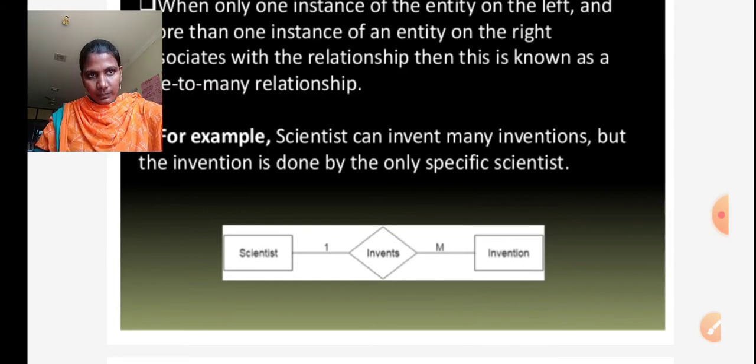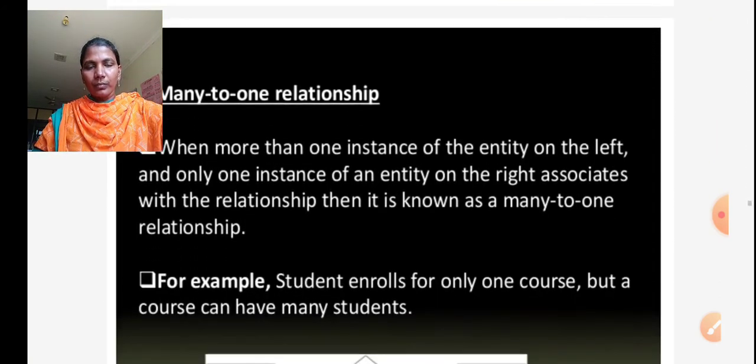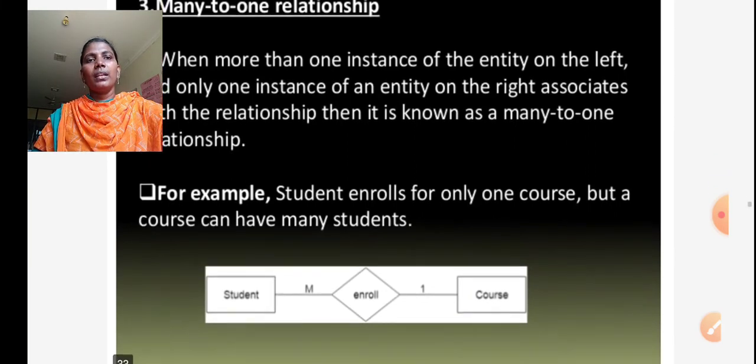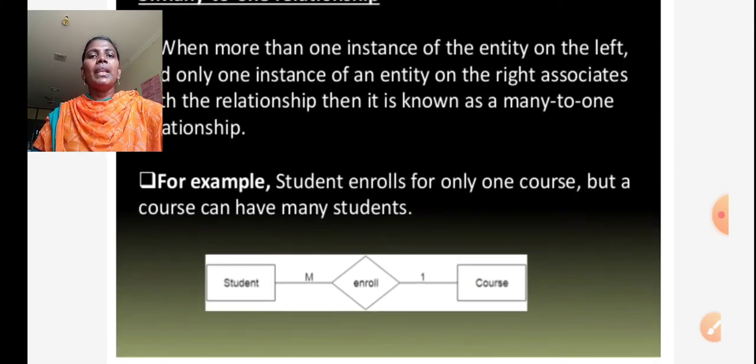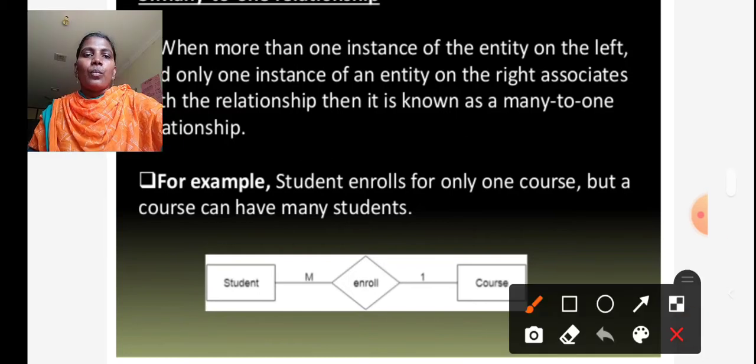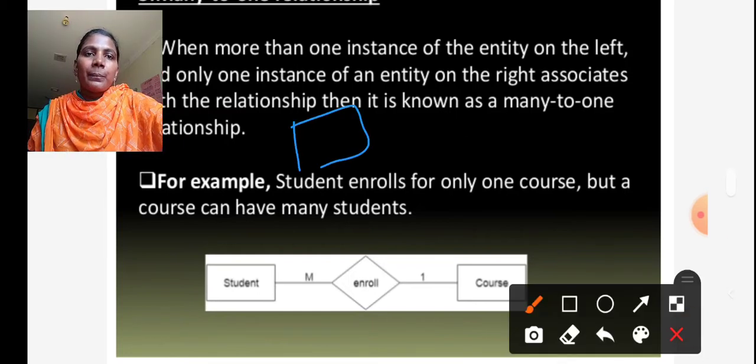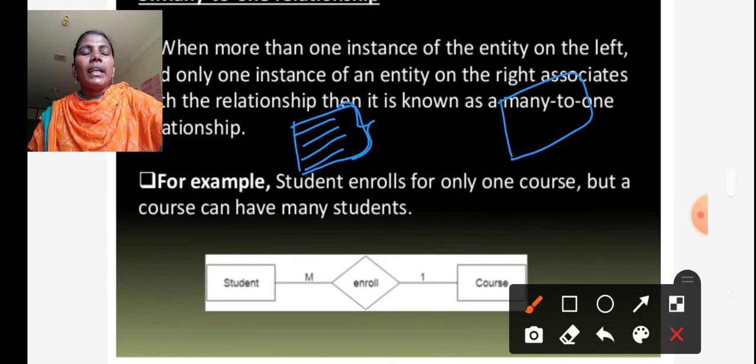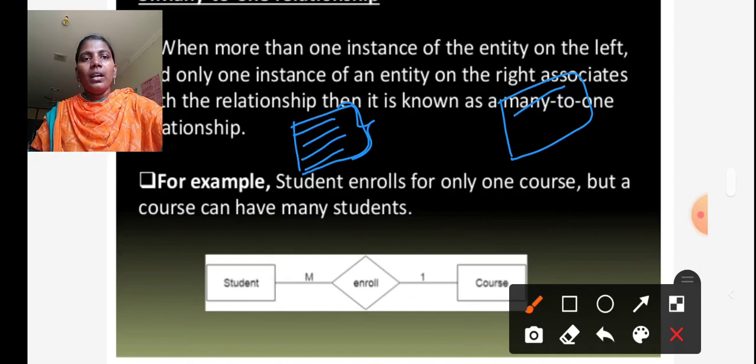Next, the many to one relationship. Here many to one means that from the first entity many instances take part, and from the second entity only one instance participates in the association.